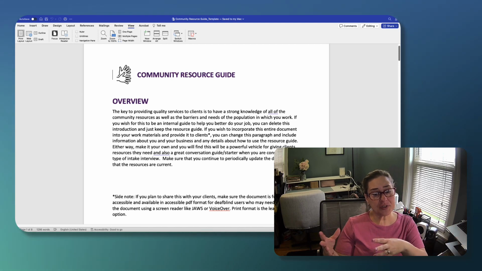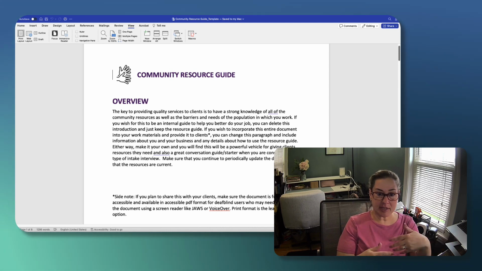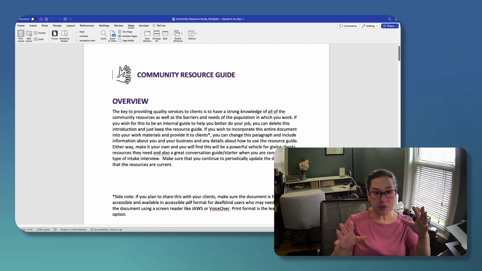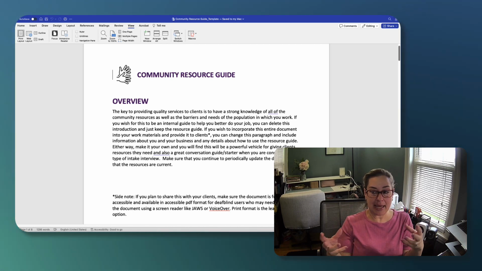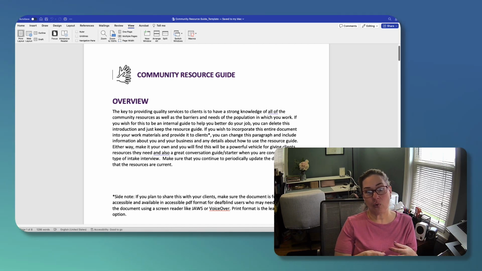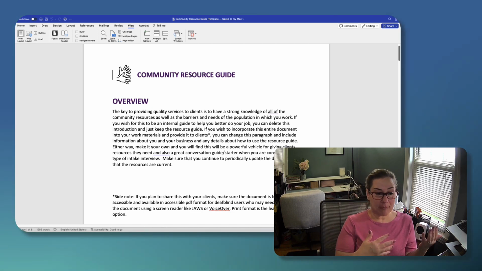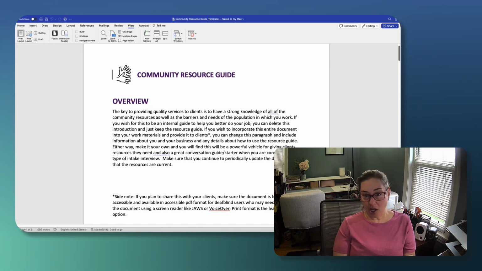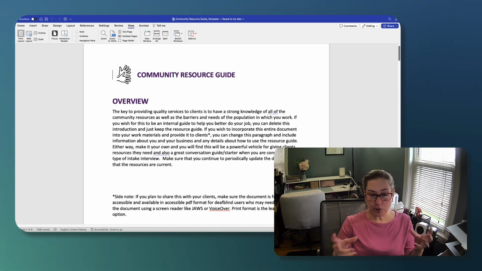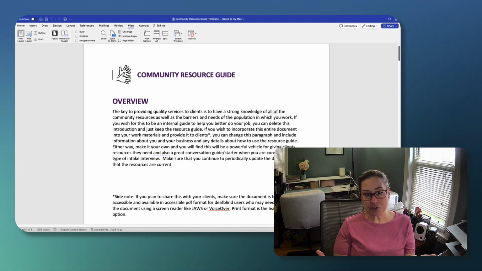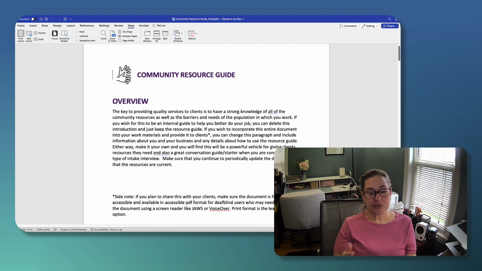So if it is something that you want to provide to your clients and keep as a handout, then you can take this first page and add additional detail or information about yourself as a professional, so that when you give it to your client, all of your information is there too. It could have everything about you, your business, your contact information, a little blurb about who you are and what you do. Just as a reminder, it's always helpful to give clients that information.